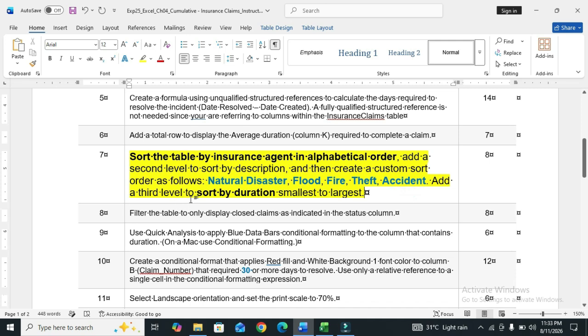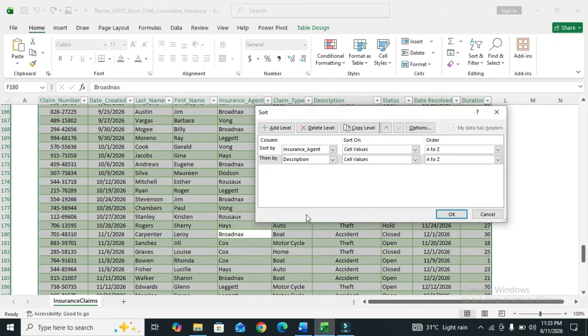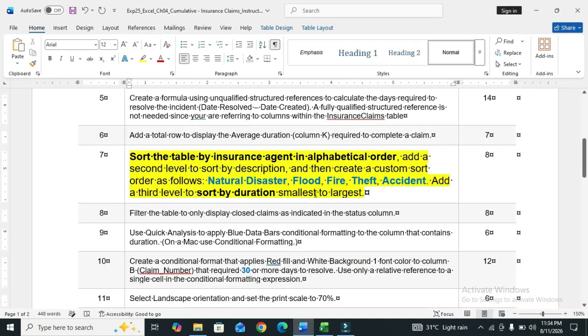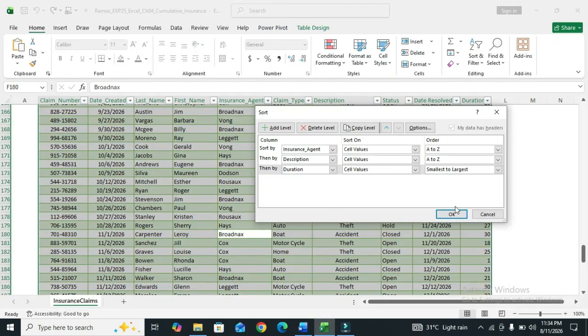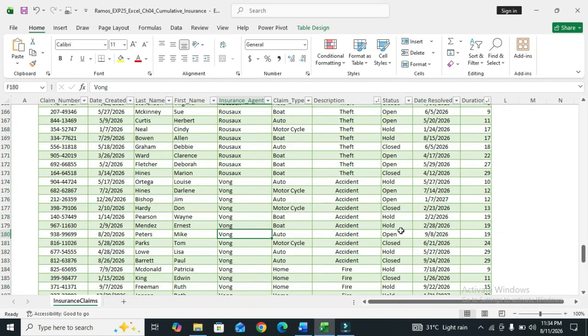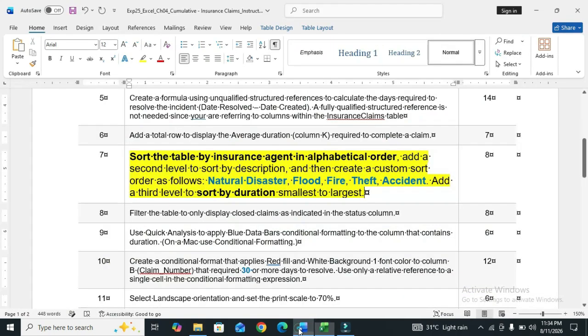Add a level and sort by duration and smallest to largest. So click on OK and step number 7 has also done.